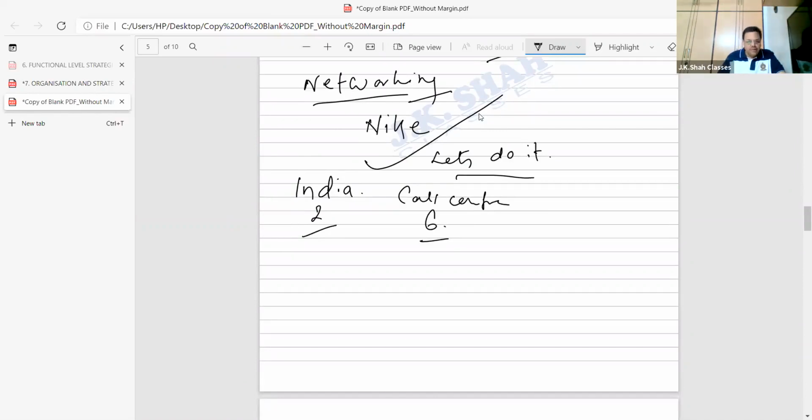And what these two boys said, these two people who came from Nike, who were 34, 35 years of age, they told these 6 girls at the call center: do one thing, find out how many shoe manufacturers are there in India. And then, if they want, tell them Nike has started its operations in India. Would you want to have a partnership with Nike?